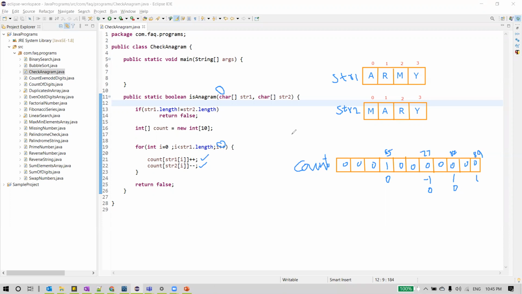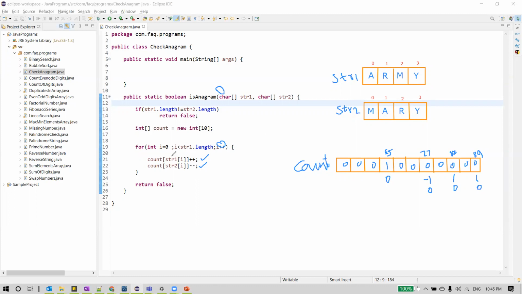We incremented, fine. Next line, string 2 of I, again here also we have y. So the y index is 89, and we want to decrement the value by 1. Whatever value is at the 89th index, we decrement it by 1. So we have 1 minus 1 is 0, and we are done reading all the characters from string 1 and string 2 as well, as the lengths of both strings are the same.